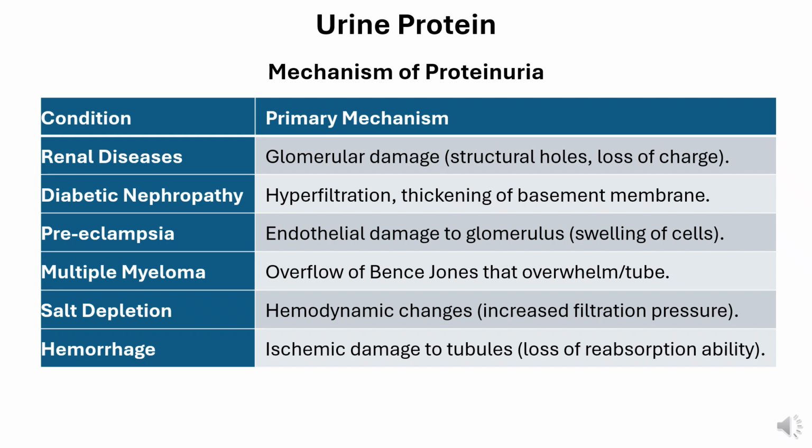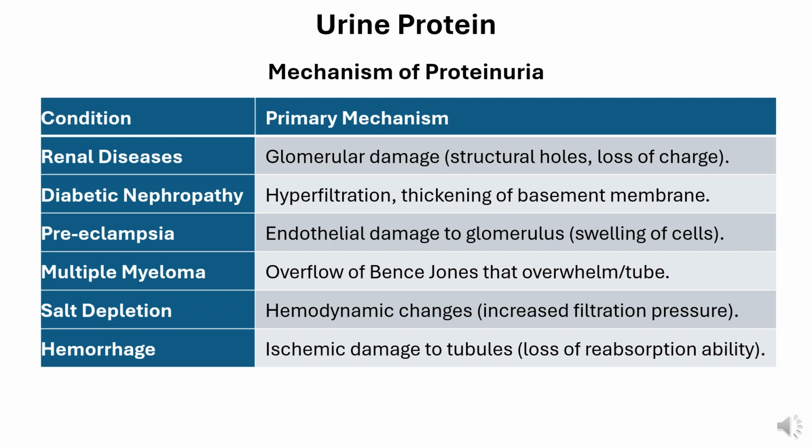Salt depletion, volume depletion or dehydration causes a mild, usually reversible, form of proteinuria. The mechanism is related to orthostatic or postural proteinuria and concentration effect. 6. Blood loss. Severe hemorrhage causes proteinuria primarily through prerenal mechanisms. The mechanism is related to hypotension or shock leading to ischemia, acute tubular necrosis, ATN, leading to loss of reabsorption